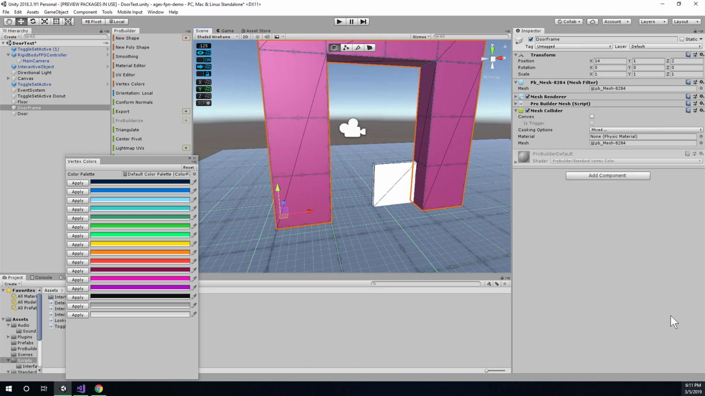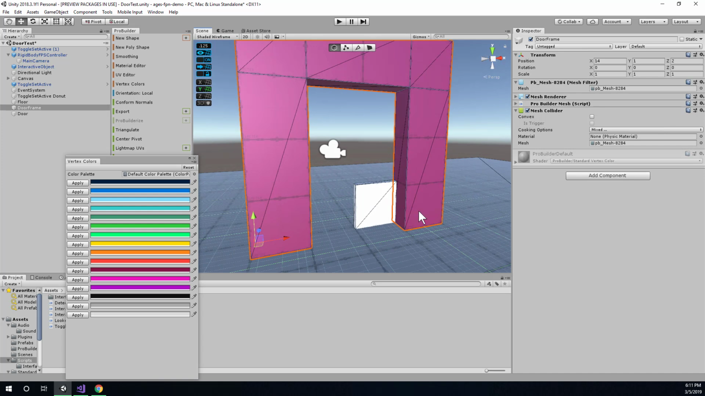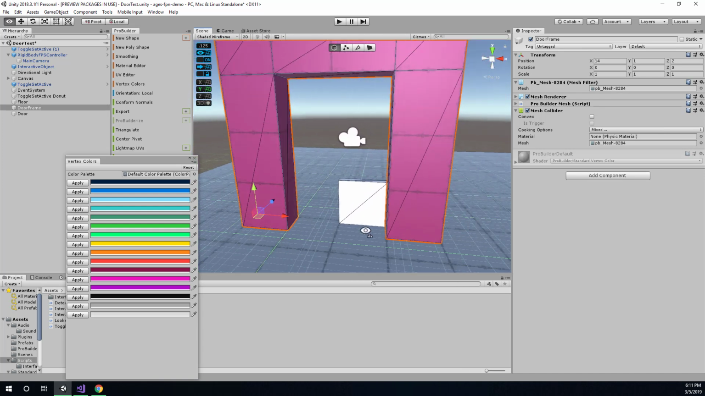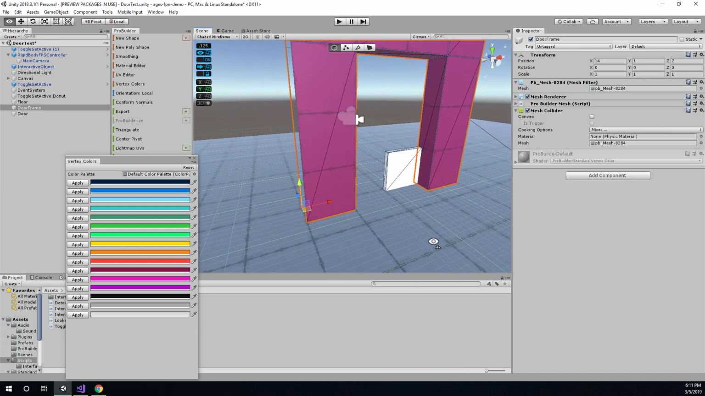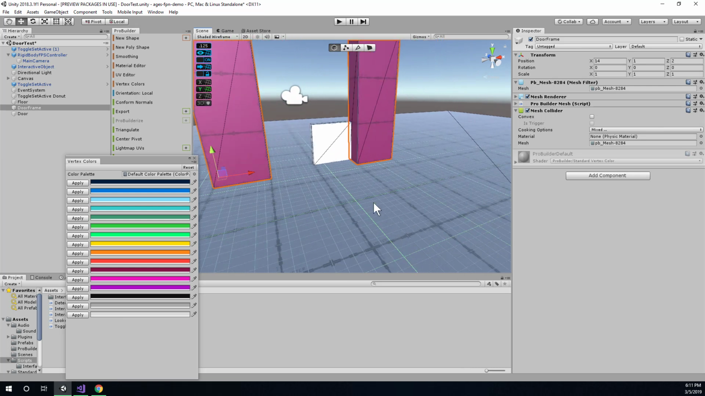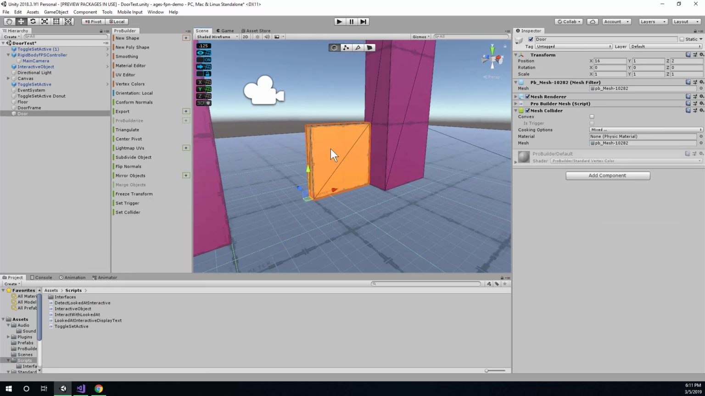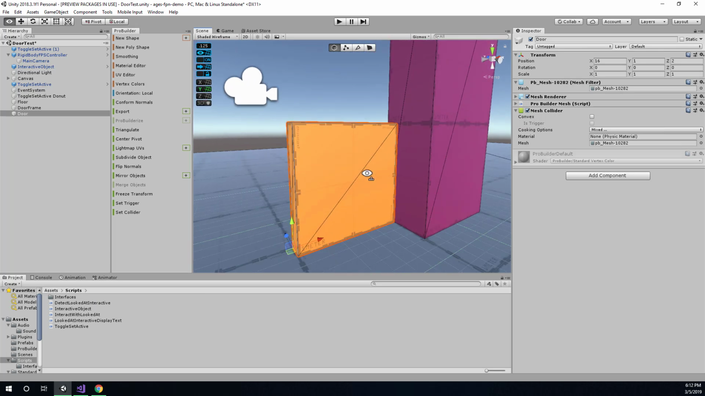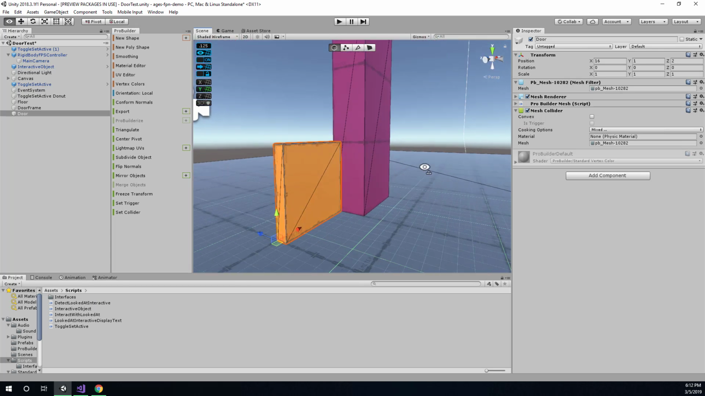Now this will also help with gray boxing, because when you're playtesting your levels, it'll be super clear where the doors are, which is useful for navigation. Anyway, now let's select the door itself, and I'm going to make this one the orange color. And now it'll be a little bit easier to deal with